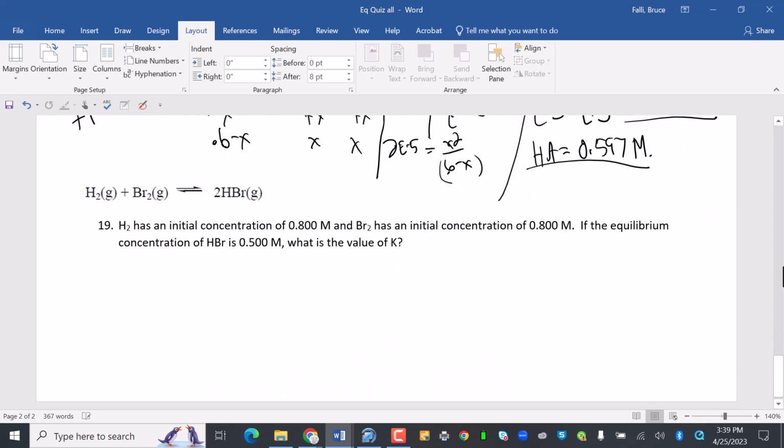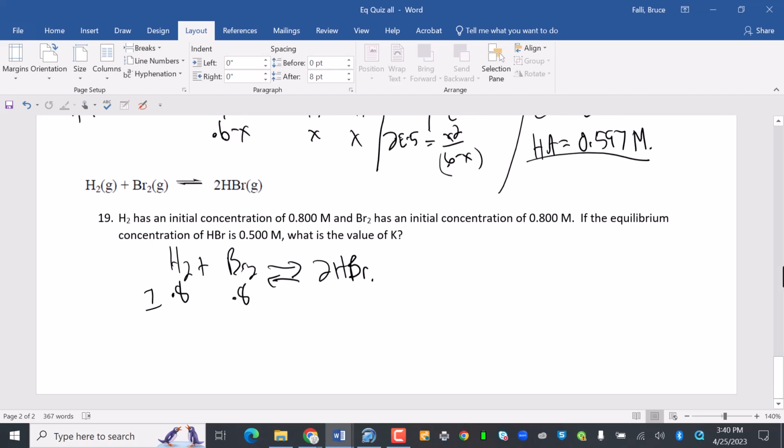H2 has an initial concentration, so here we go again. H2 plus Br2 gives me 2 HBr. They are all gases or aqueous. So H2 has an initial concentration of 0.8, and bromine has an initial concentration of 0.8. If the equilibrium concentration of HBr is 0.5,